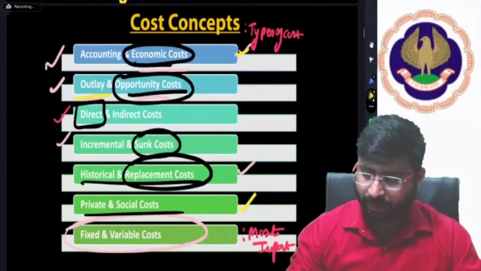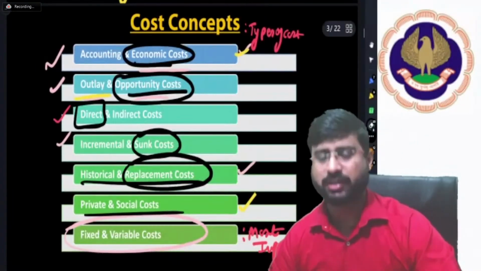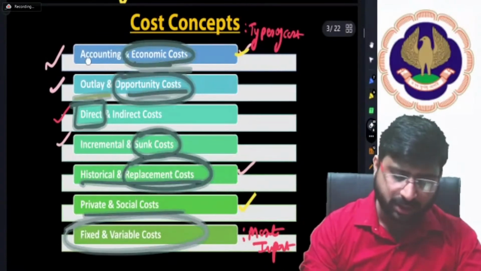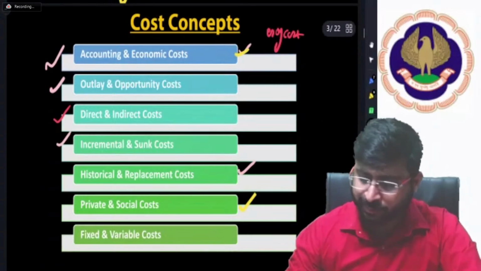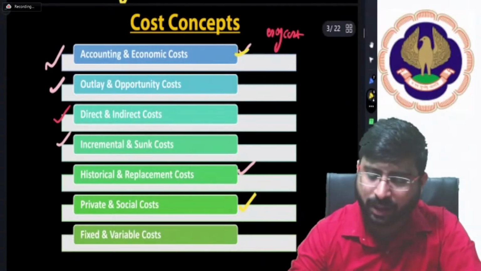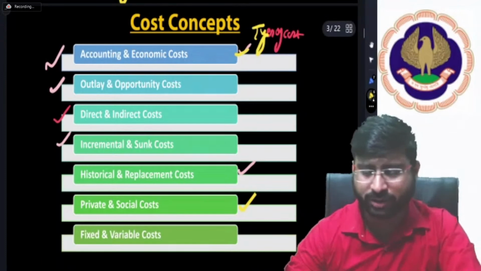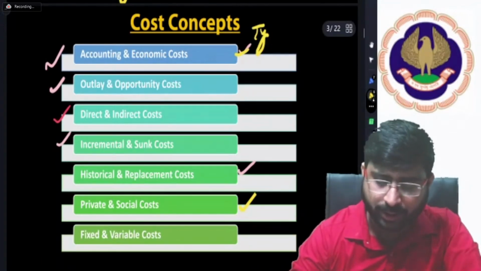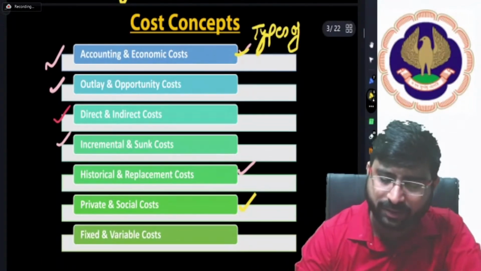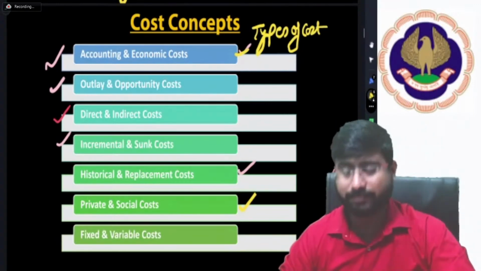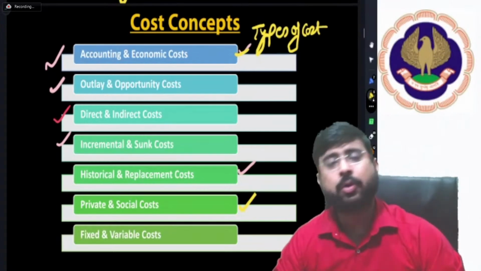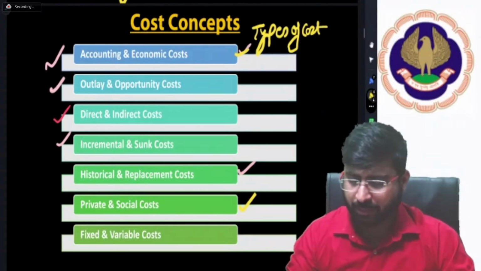Now, my dear friends, our chapter begins from understanding different types of costs. So why delay? Let's begin our game. Different types of costs. Very easy concept. I will give examples wherever necessary. Don't worry. See, when we talk about types of costs, number one,